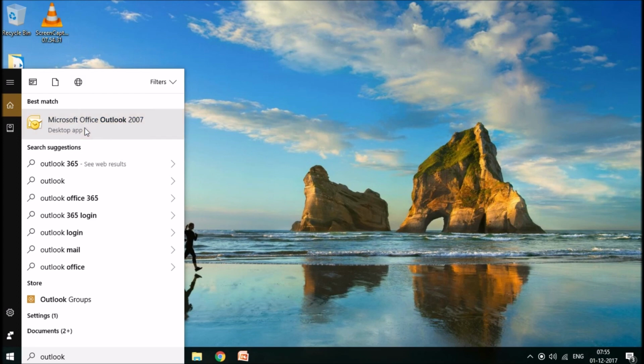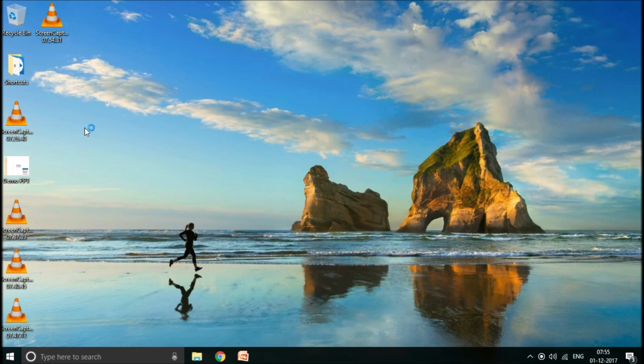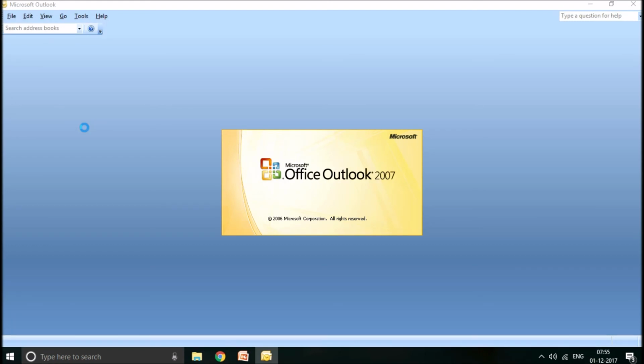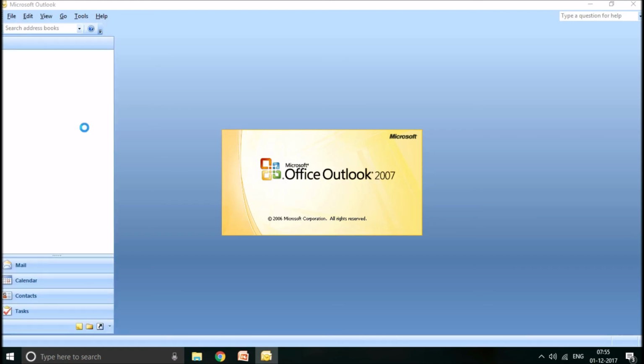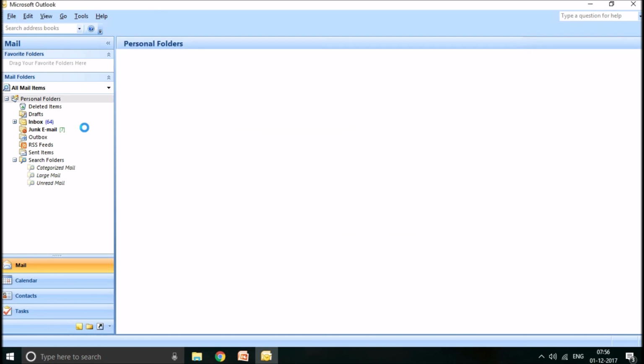Okay, what happens when you are opening Outlook for the first time is it will ask you to configure an email right in the beginning. But in my case, I have actually used Outlook earlier also, and I had configured my Gmail email ID in Outlook. So now what it is doing, okay, let it open. It is going to the inbox of my already configured email ID.